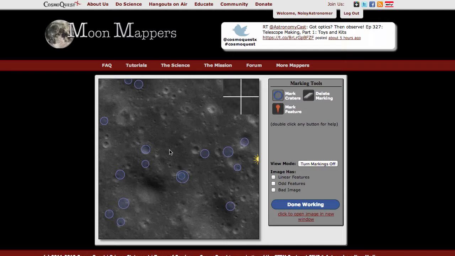If the circle turns red, that means it's too small. It doesn't have a crater that's large enough to be cataloged. In order to delete a circle that doesn't